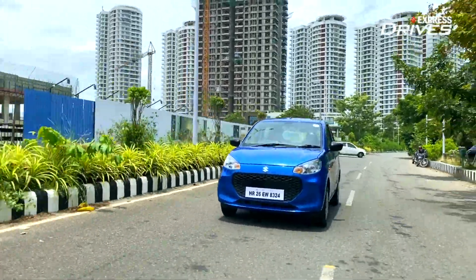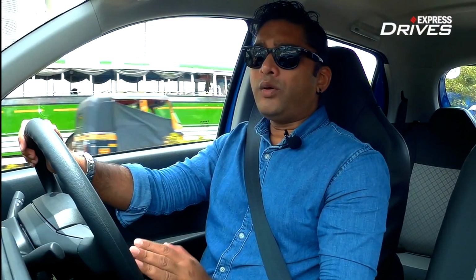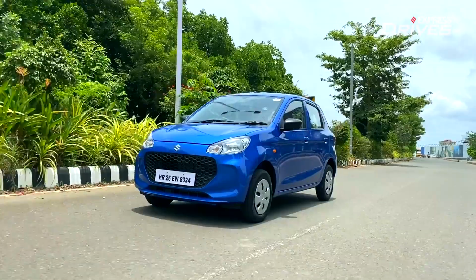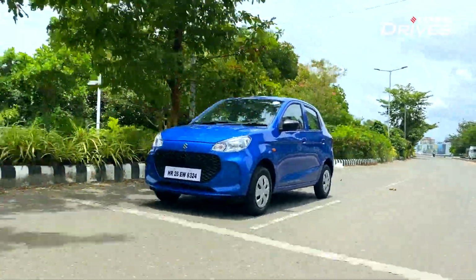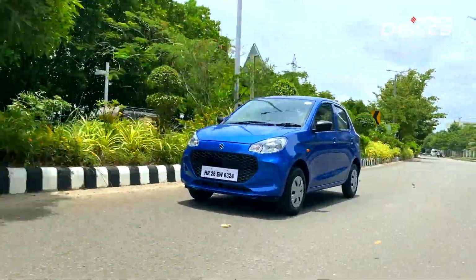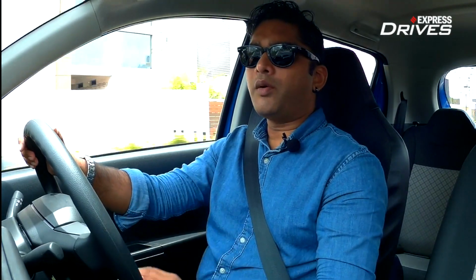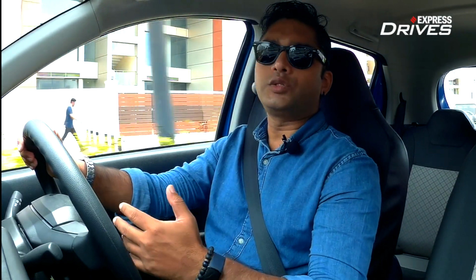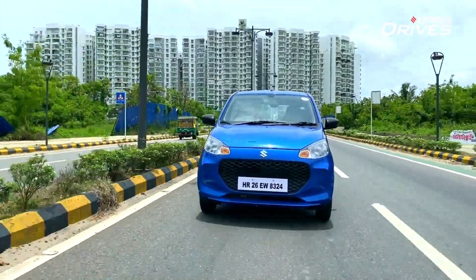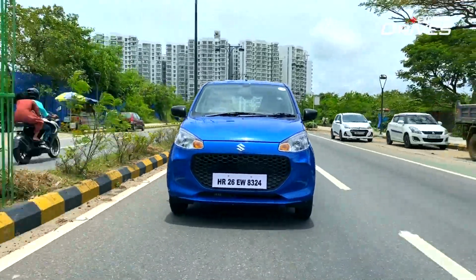You have to get used to the AMT gearbox. But in all honesty, we all know also that Maruti has fine-tuned this gearbox a lot, and it's not as jerky as it used to be when it used to shift the gears. It's a lot more smoother. So it's not a tough gearbox to live with. You just have to get used to it. That's it. And after that, it's all smooth sailing. At the end of the day, it's all about convenience, and that is exactly what this AMT variant is all